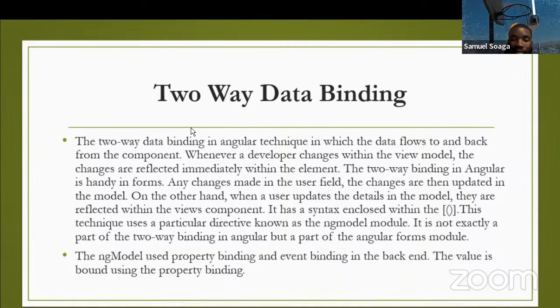not exactly a part of the two but a part of the Angular forms model. So what that means is that to use two-way data binding, you have to use the Angular forms model. So when you use Angular, you don't want to use certain models, you have to import them into the application. So for you to use two-way data binding, you must always import Angular forms